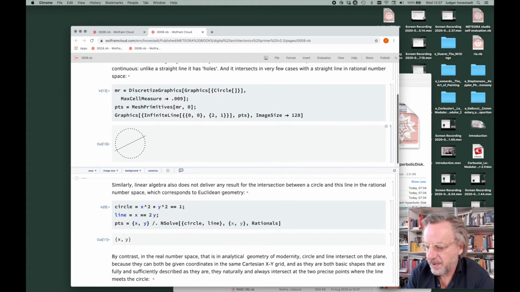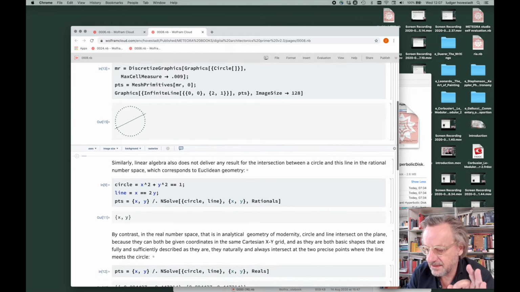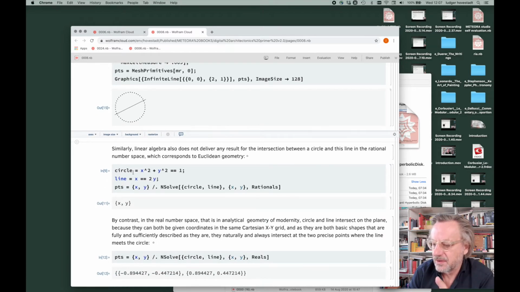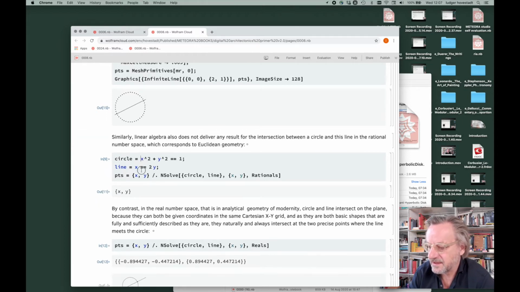So if we now go and listen to the talks, this is the eyes of time, this is the ears of time, the circle is different. We can't see it, we have to hear it, so we have to talk about it, or we have to write it. So we have to symbolize the circle. And the circle, for the ears, is x squared plus y squared equals 1. That's a circle. And the line is x equals y.